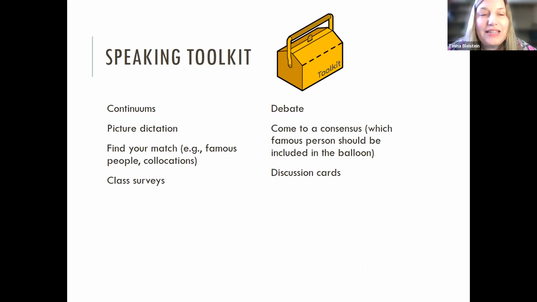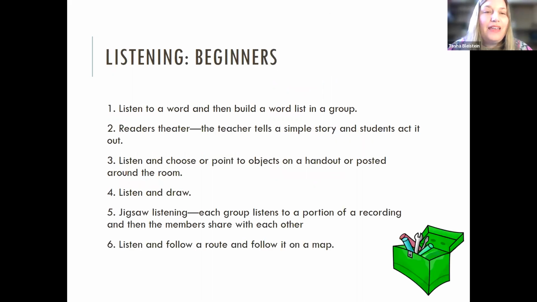Class surveys, where they stand up and survey everyone who's there, or other people out in the area if they're learning in a space where they can access other people. You could have a debate. We already talked about coming to a consensus, and also discussion cards, where you just hand out cards with discussion questions on them. Some things that you can do for working on listening skills with beginners: